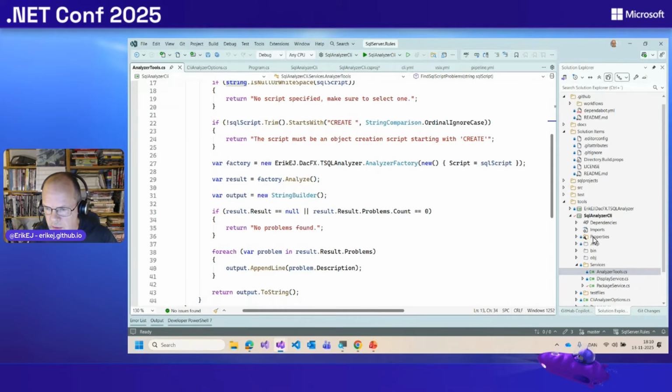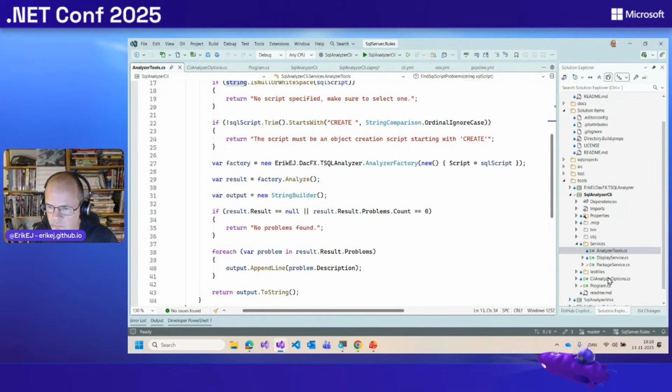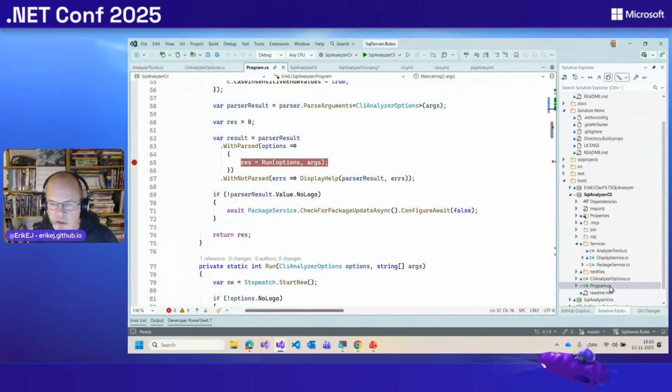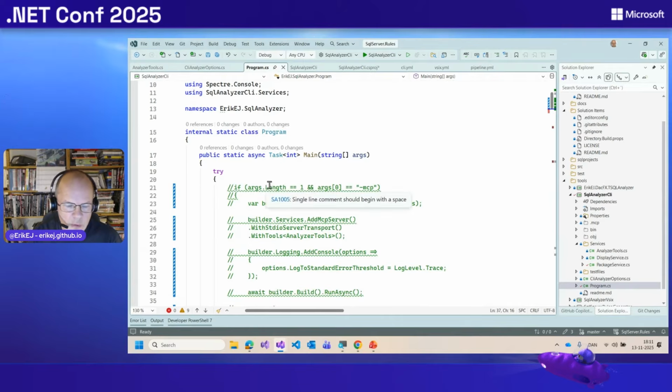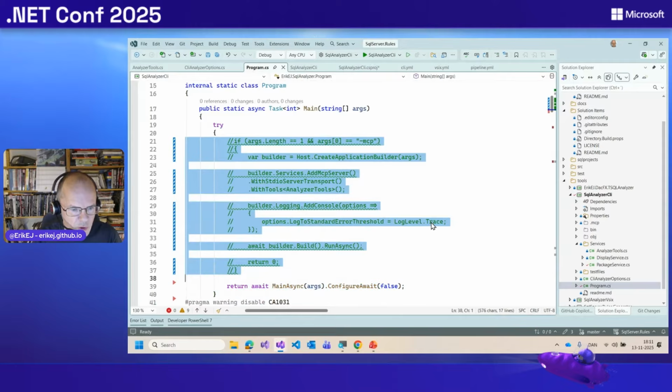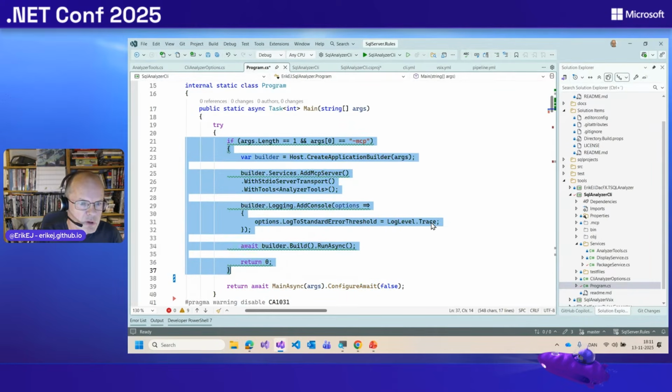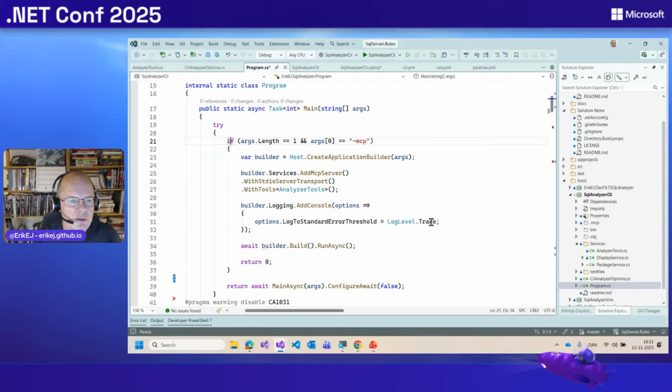And finally, the last bit of plumbing you need to do is adding the tool to your main program. Of course, there are different approaches for doing that depending on how your program is already implemented. One approach: my program already supported being called without any parameters, so I had to add an additional parameter to say now I want my tool to run as an MCP server, and it will use